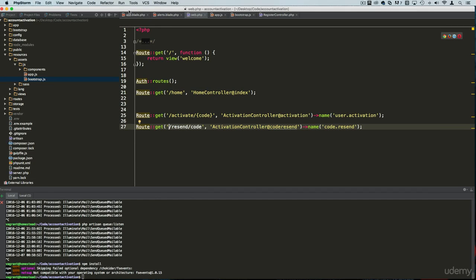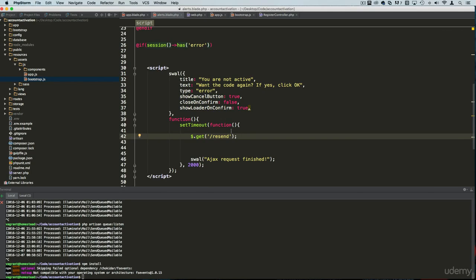Resend code, okay? So resend code, we make an ajax request, and we're going to have to send something in the request. And what are we going to send? Well, we need to send the email. So let's make that the key of the object, and the value is going to be,